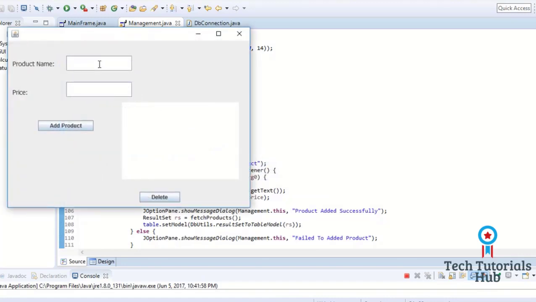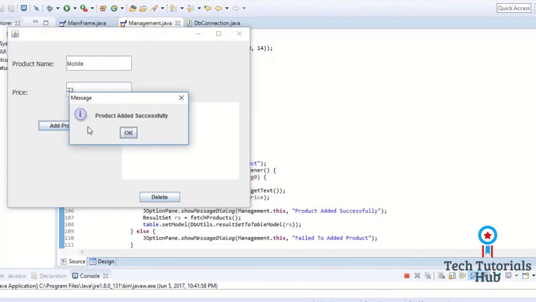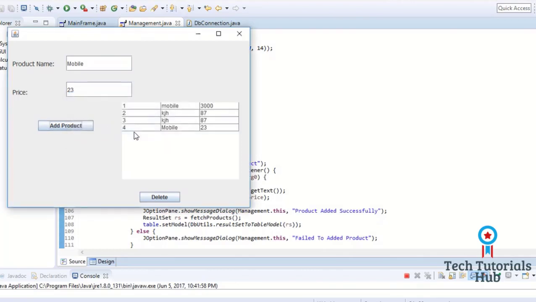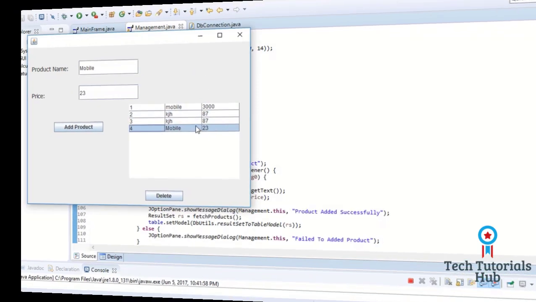Now we add a product to check add product function button. Here will be text and here will be integer. Database added successfully. In next lecture we add delete and fetch product functions behind these buttons. Delete button